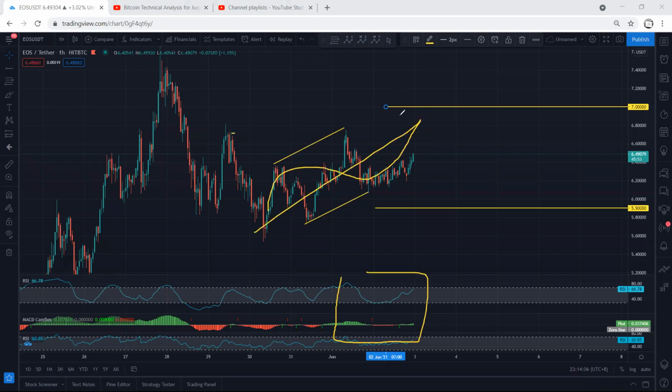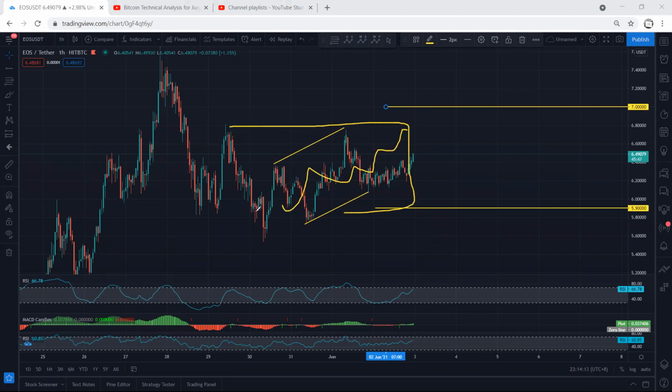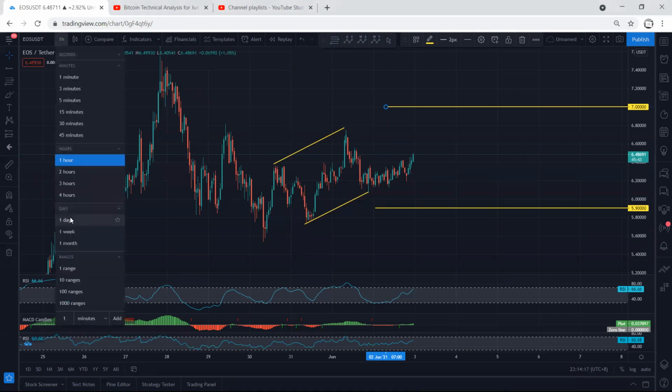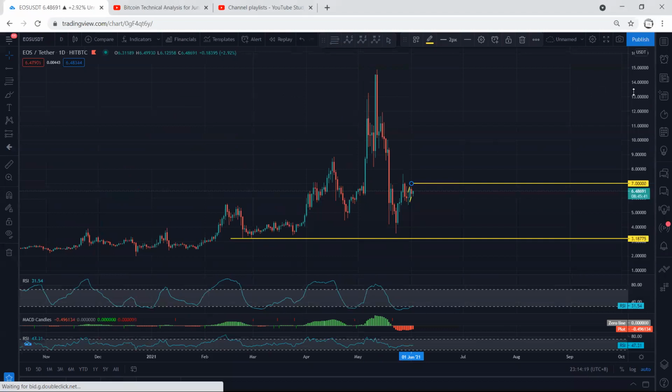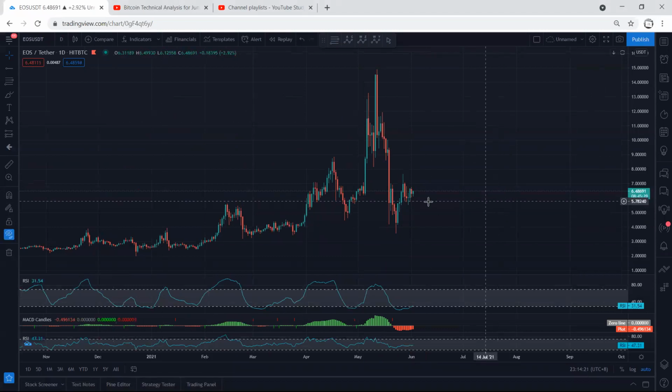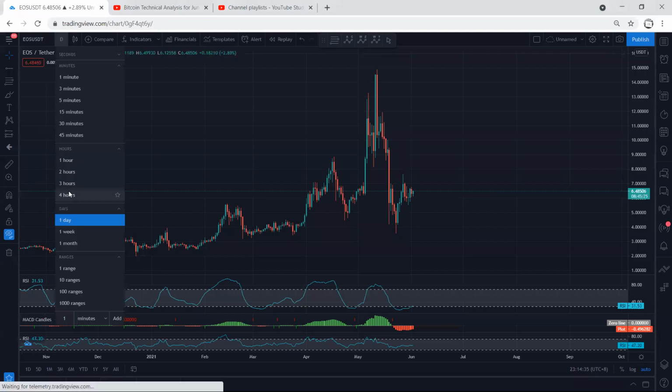If this one turns to a bigger correction, either we consider this one as a bigger correction or the overall, as what we explained in my last analysis. I'm not going into the details. If I move to the daily chart and remove everything, the only thing we are looking at is whether we can expect the price to retest the top in the bigger picture, or this one can turn to a correction relative to this. That means this one can turn more complex. And if I move to the 4 hour chart,